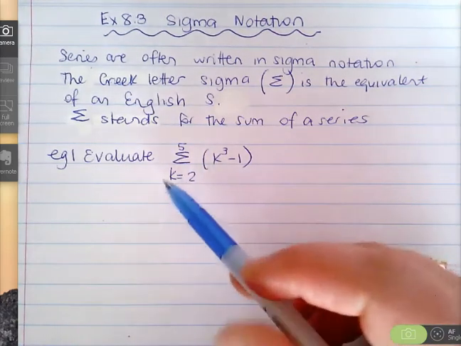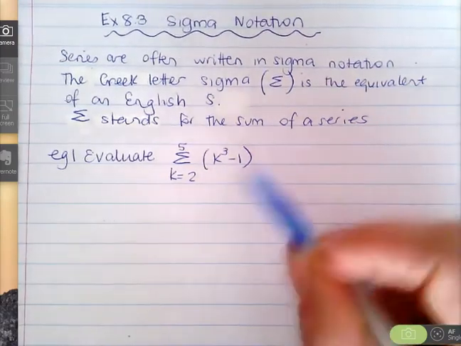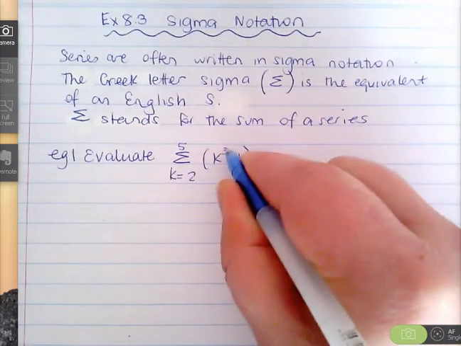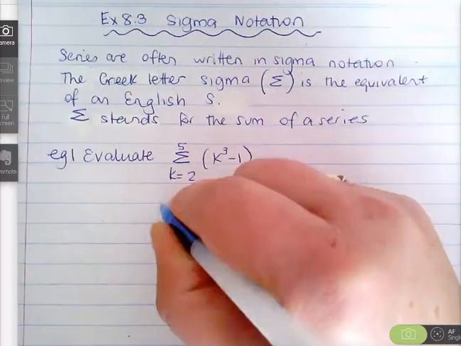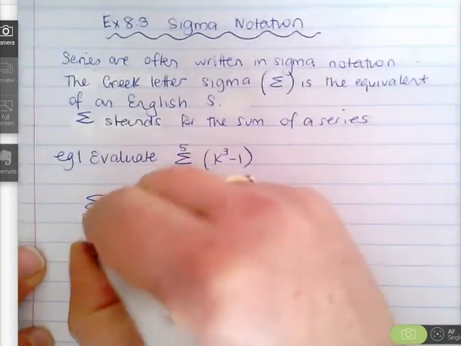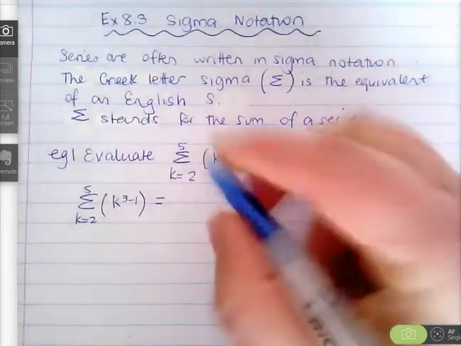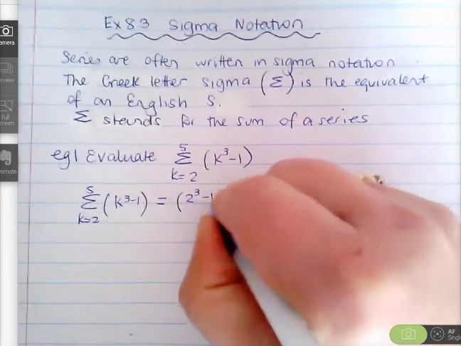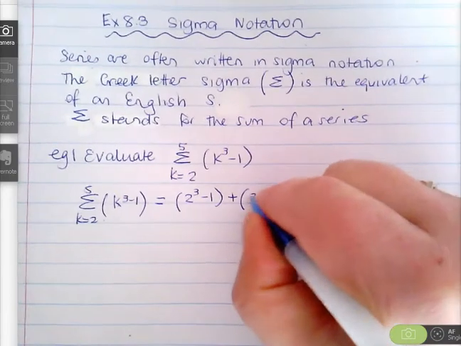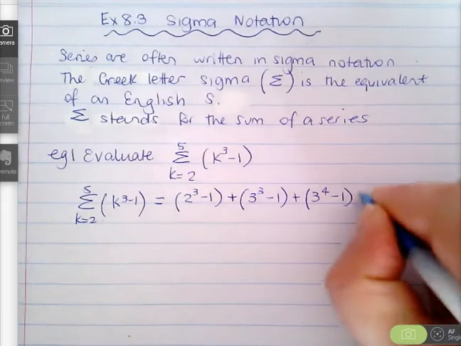So this means evaluate the sum of the series starting from k equals 2 up to k equals 5. And this is the general term of the series. So the first term would be 2 cubed minus 1. So, therefore, this series from k equals 2 to 5 of k cubed minus 1 would be, starting with k equals 2, we've got 2 cubed minus 1, plus, this is the sum of a series, remember, when k is 3, 3 cubed minus 1,